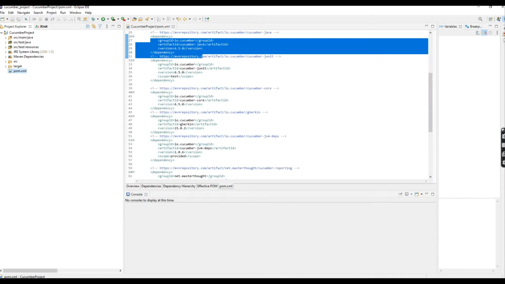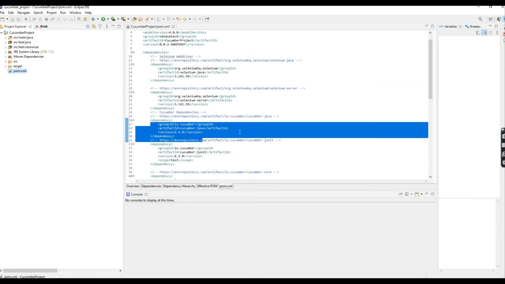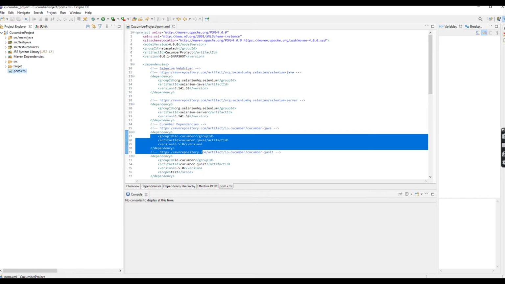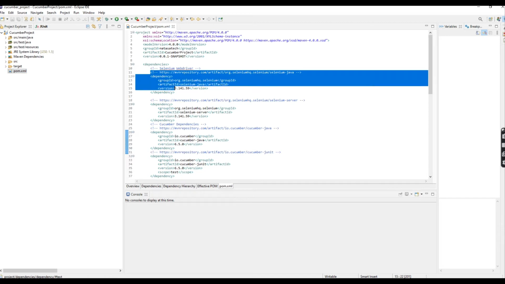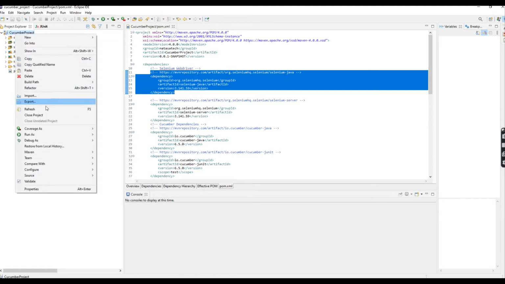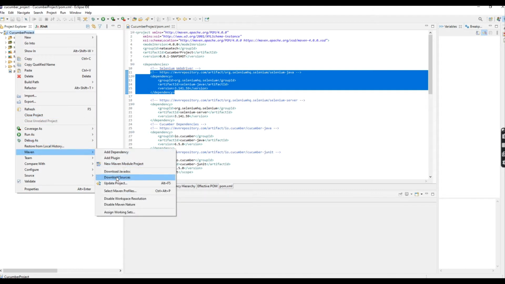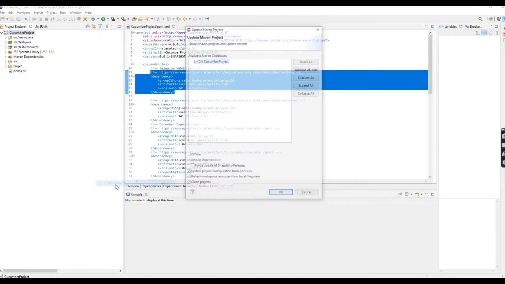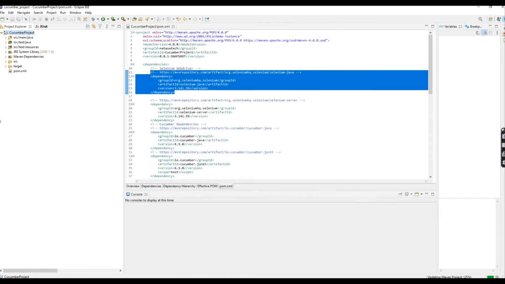Okay. So I already updated all the Maven dependency Cucumber jars, and also I added the Selenium WebDriver dependency and the Selenium server dependency also. Okay. So now we are updating all the Maven dependency. After this, you can right click on your project, click on Maven, go to Update Project. You can click on OK. At that time it will update all the Maven dependency. Okay, it will take around 10 or 15 minutes.